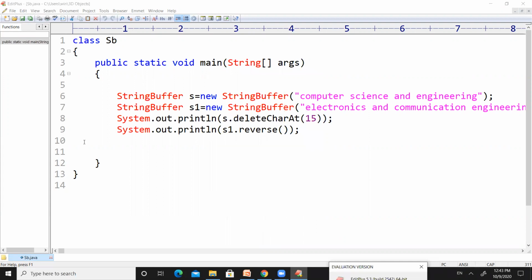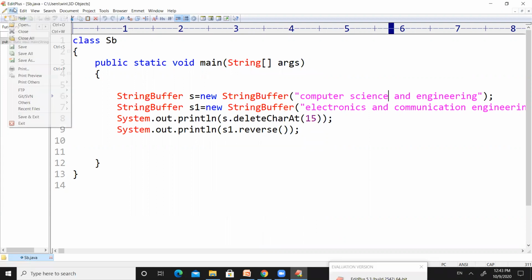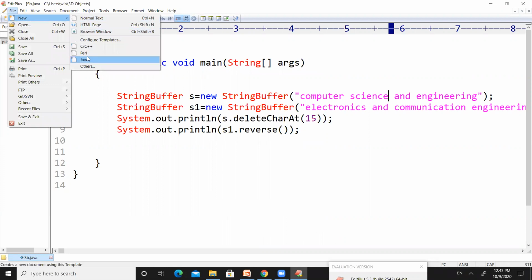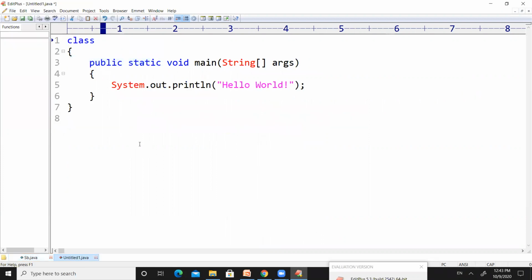So this was the program in the previous session. Now let us take a new Java program here, right? So the name of the class is ch. We are working with Character.